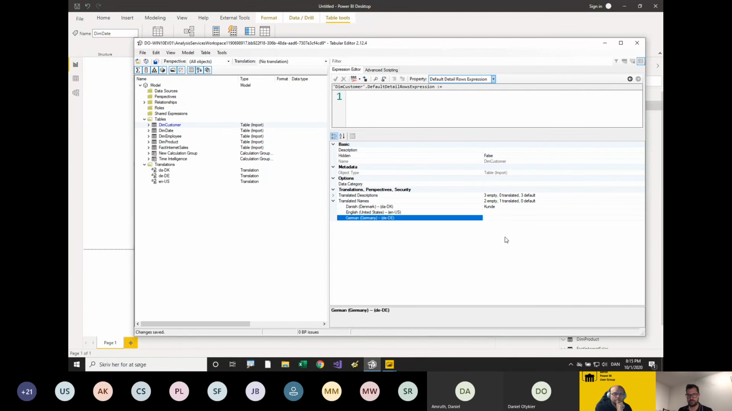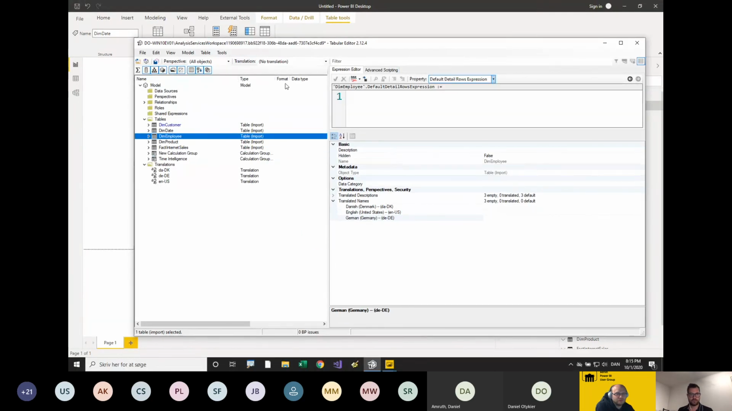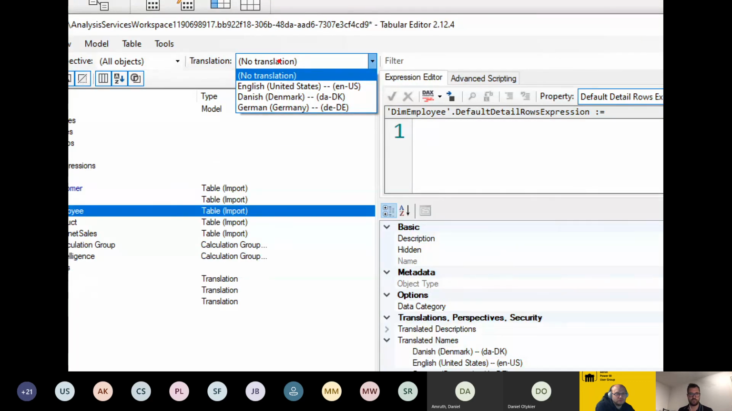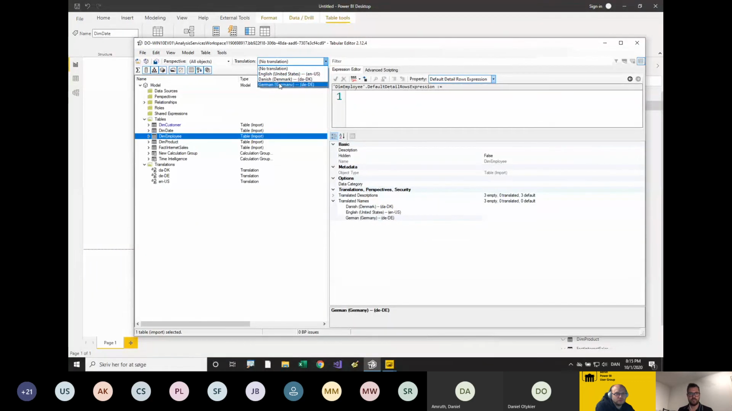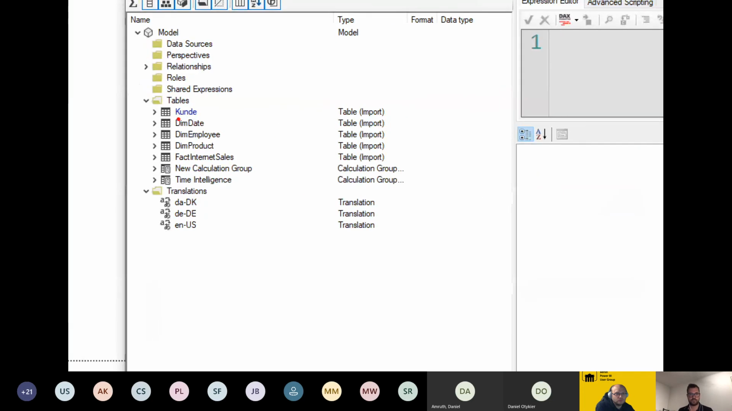And in German, unfortunately I'm not sure what the German word for kunde is, but I do believe it's around about the same as in Danish. The same, yeah. And now you can see that the name of the object here turns blue, and this indicates that this object has a translation applied. Another way you can view this is if you go to the translation drop down here, then you can choose one of the languages, and then you will actually see what the model looks like in that language. So now you can see here it says kunde,